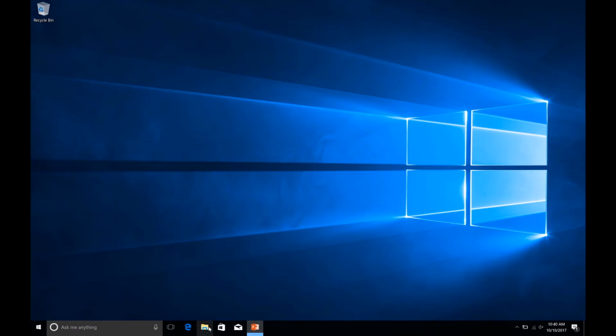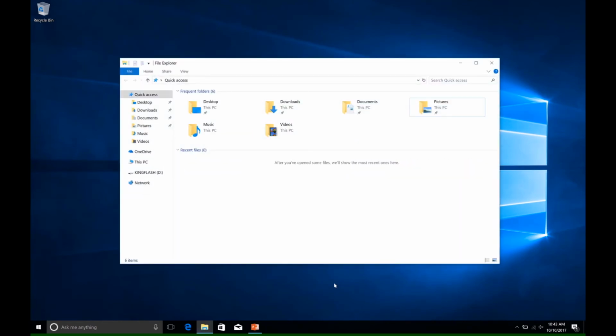So now that we jumped into the File Explorer, it's going to look very similar to what you see on my screen here. If it's not a brand new computer, then for the most part you already have files ready to go as far as being able to use them. On the left hand side, you can pick out any folders from here, or just in the window that comes up right in front of you. The Desktop is definitely one that I visit frequently, so I can just right click it,